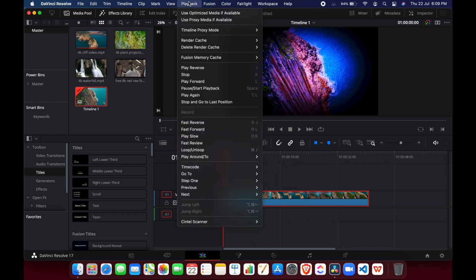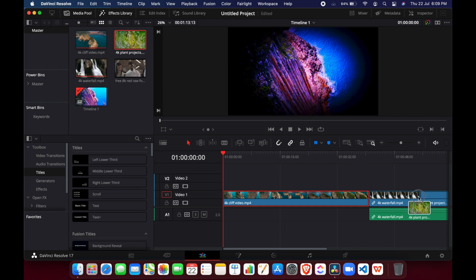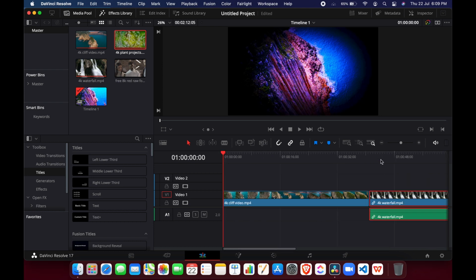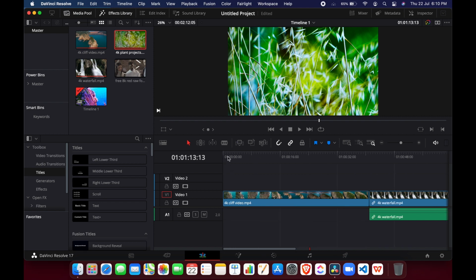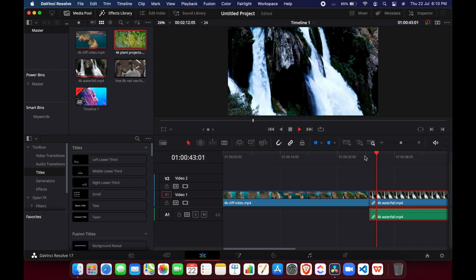Okay, so now let's lift this back again. So 4K is working fine on this M1 MacBook Air. If we drop the timeline resolution, or if we set the timeline proxy mode. Now let's check the rendering speed of these 4K clips. So I'll add 2 4K clips more to our timeline, and we will apply some color grades to all of these footage. Okay, so these are all lightly color graded 4K clips playing back on a 4K timeline.